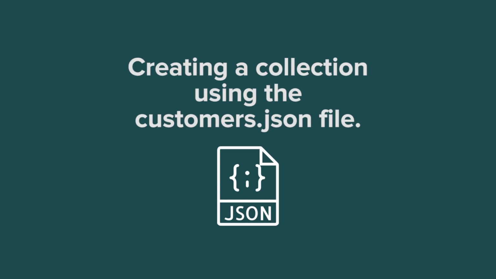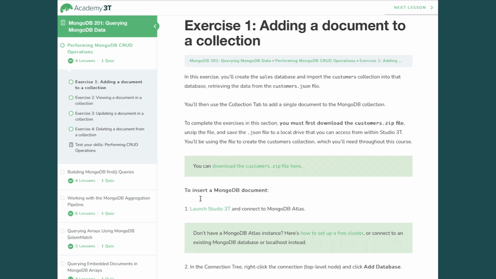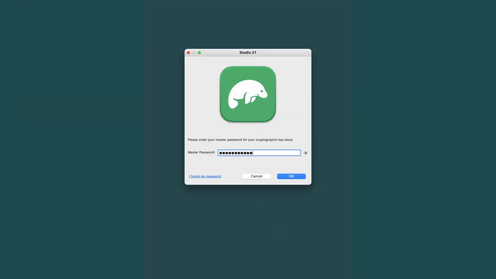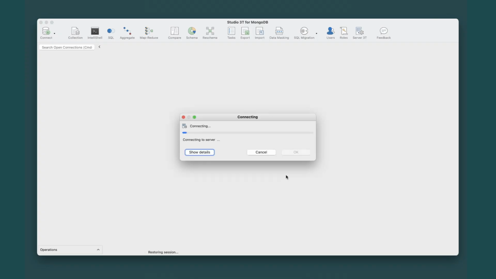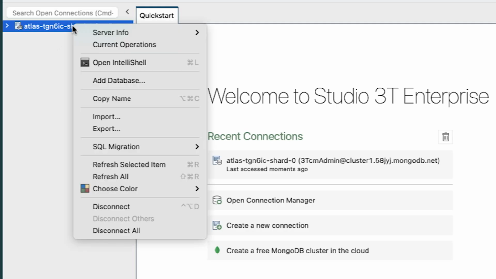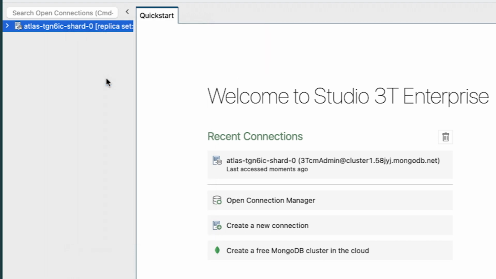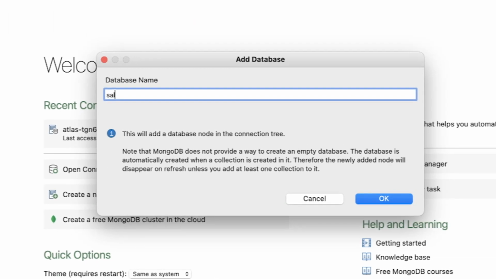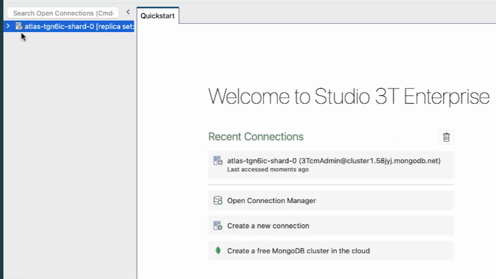For this exercise, we'll be creating a collection using the customers.json file. Make sure you've downloaded the file. Once you've launched Studio 3T and connected to MongoDB Atlas, in the connection tree, right-click the connection and click Add Database. Type Sales in the database name text box, and then click OK to create a database named Sales in